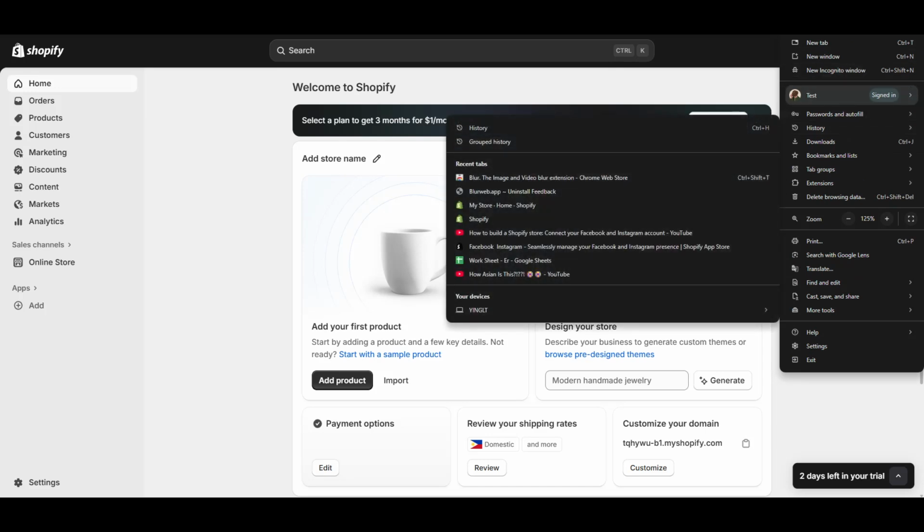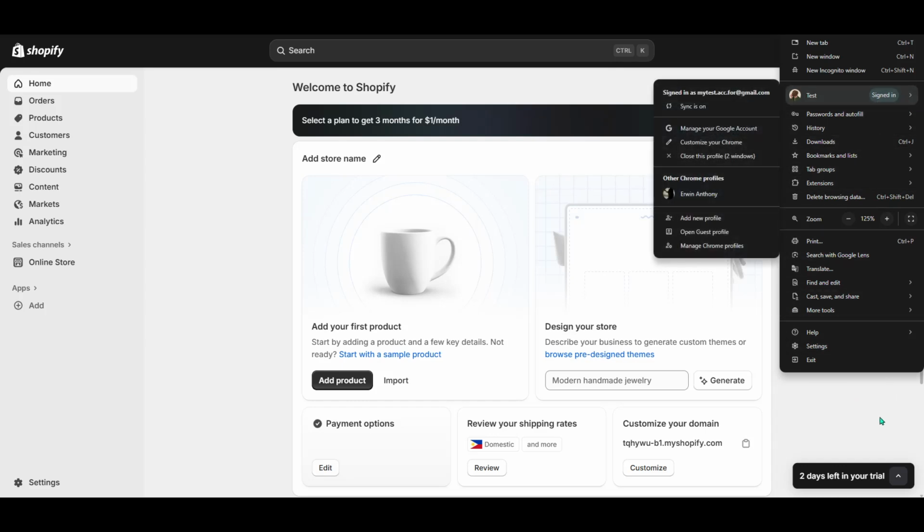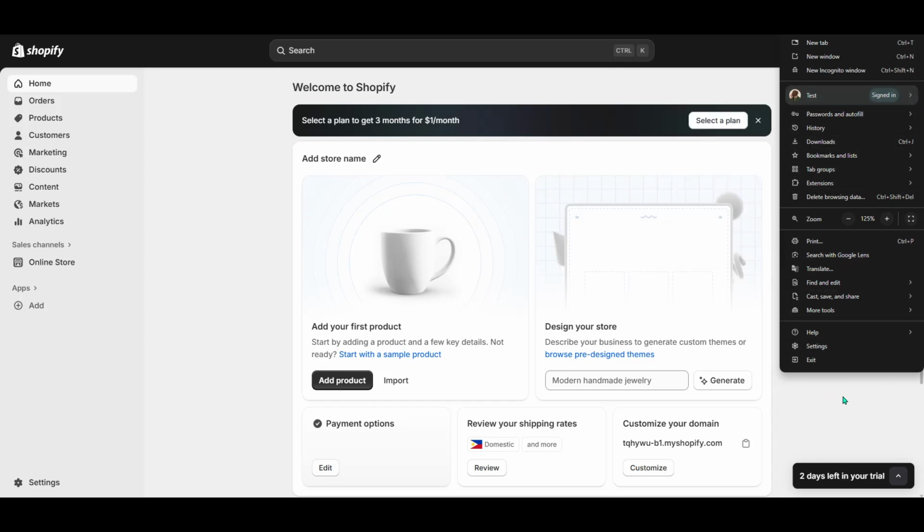Upon selecting Sales Channels, you'll see a list of options pop up. From this list, you'll select the Facebook and Instagram channel. The integration of these two social media giants can vastly improve your store's visibility, given their massive user bases and